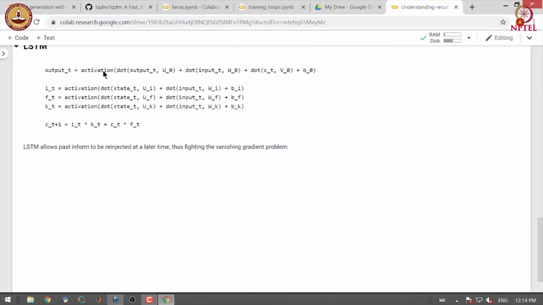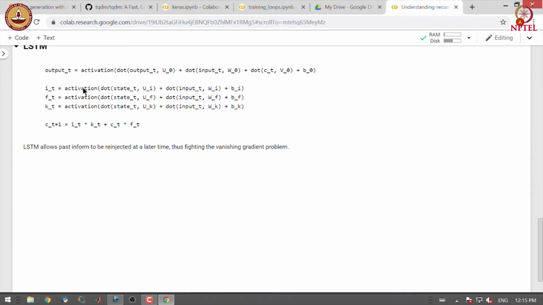So, the output will be computed based on the dot products of the output from the previous state or the recurrent connection along with its weight, the input vector and its weight, the carry information and its weight and the bias term. We add all these dot products and biases and apply nonlinear activation on that to get the output at tth position.